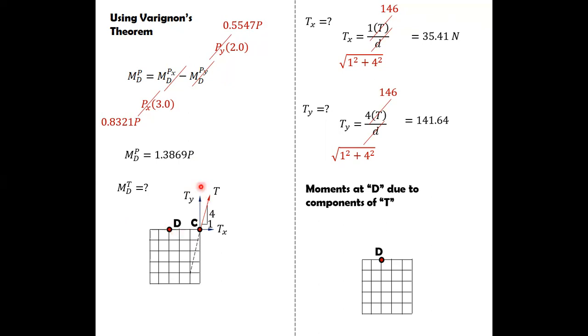Okay, now, the Y component of T, on the other hand, will generate a moment. Definitely magkakaroon ng moment yan. And then the rotation is counterclockwise. Now, what will be the moment arm? The moment arm is definitely 1, 2, and then 3. Okay, so that is 3 unit length. So therefore,